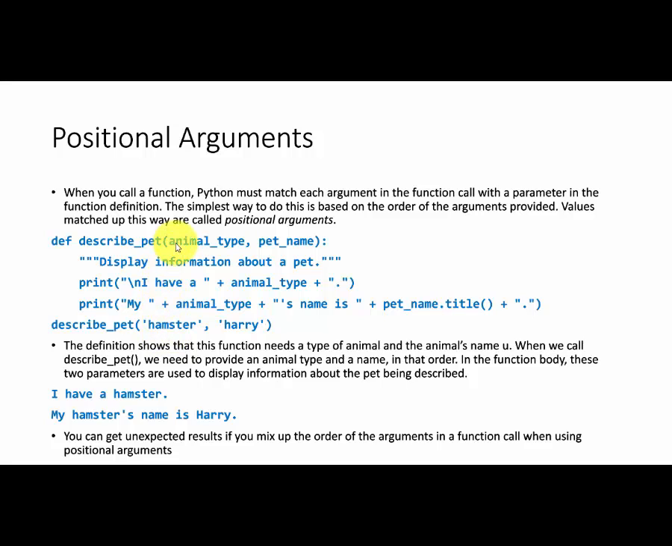So this should match with this one, and this next parameter should match with this one. So Python must match each argument in the function call with a parameter in the function definition. So this and this should be matched, this and this should be matched. Okay,